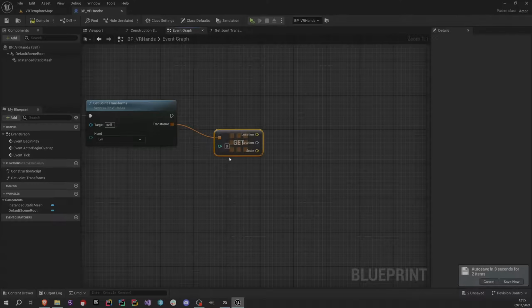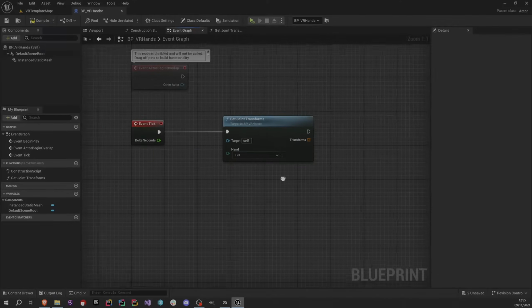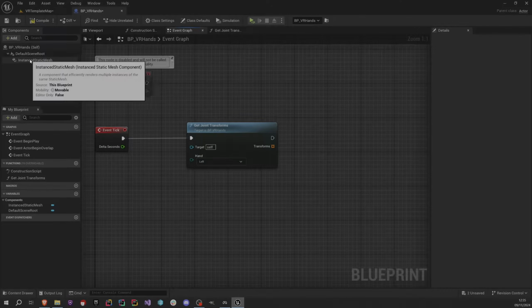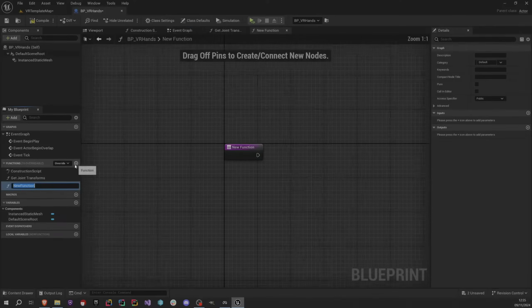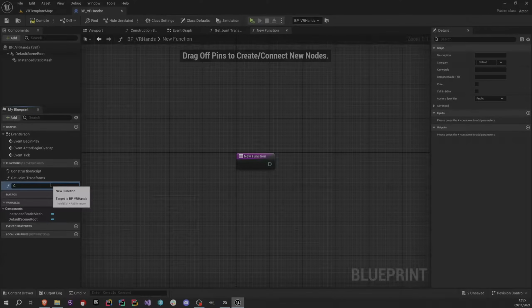Not only does it not look good visually, but you are also going to run out of memory, and probably the operating system is going to crash your game because it's using too much memory. But for now, we should have a mechanism to clear these instance static meshes. So that's why I'm going to create a function,